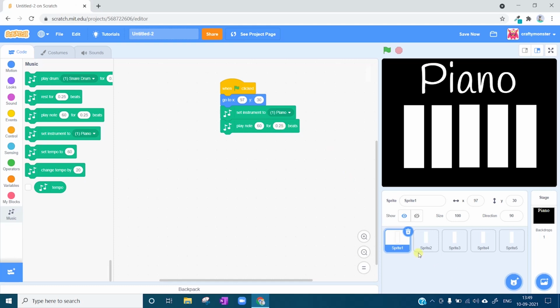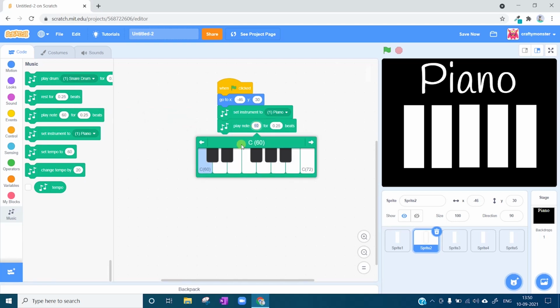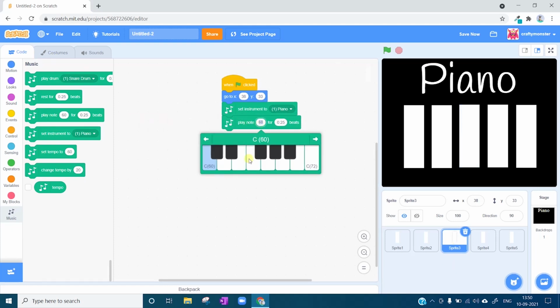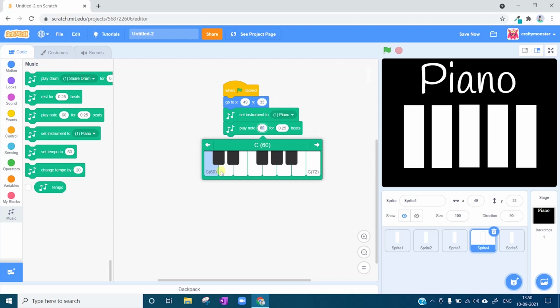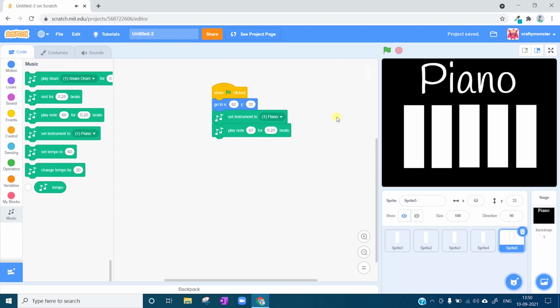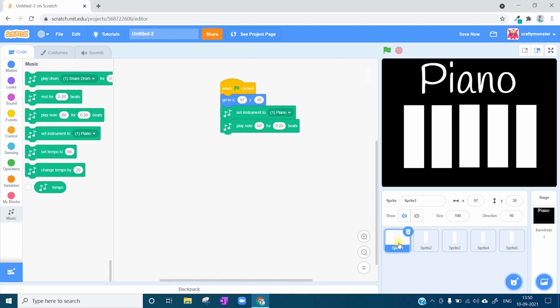That's okay. And now next I'm gonna put play note, but for this one D. That one. And I'm gonna put everything like that for the rest of the keys as well. Okay, so now I've put everything like this, but it doesn't do anything. Oh yes it does. When I click the flag, everything plays a note together, and it's kind of not so